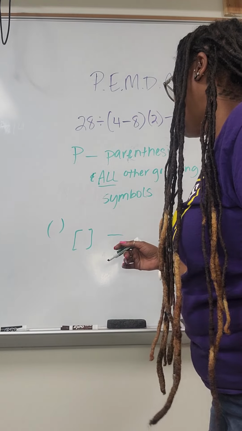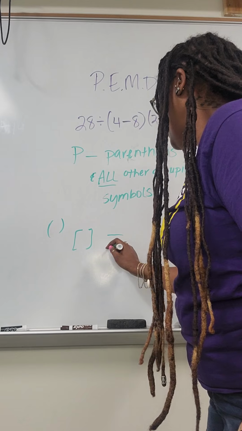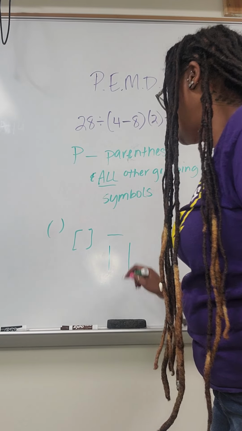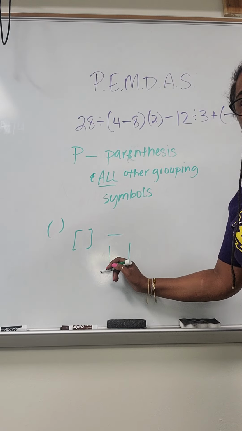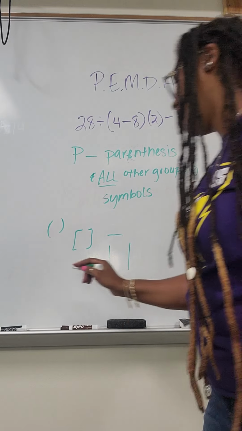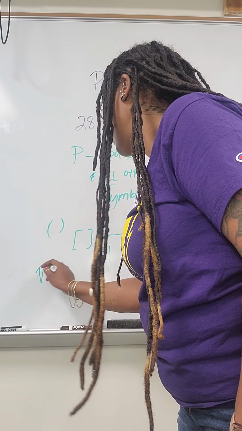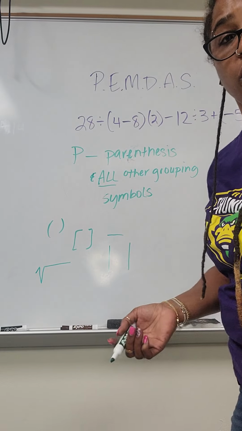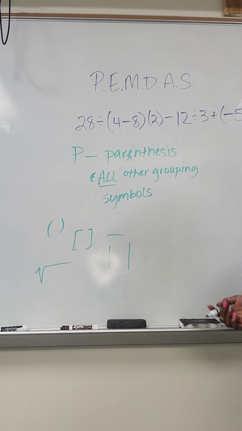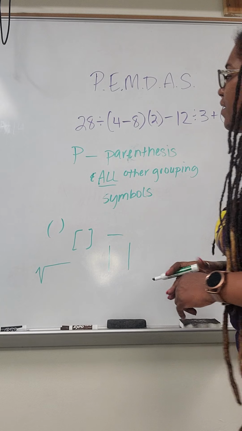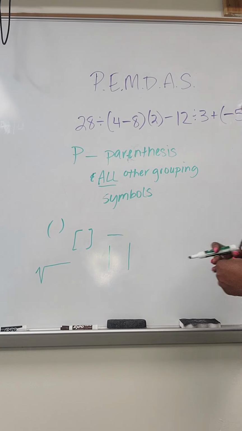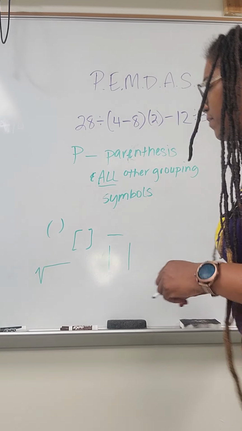We have absolute value bars because you could be at the absolute value of something other than just one number. We have a radicand, which is what you use for like square roots and stuff, right? That also is a grouping symbol. What else do we have for grouping symbols? Parentheses, brackets, fraction bar, radicand, absolute value. I can't think right now for some reason. I got a little distracted. But